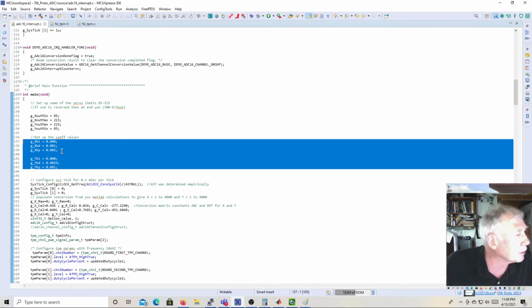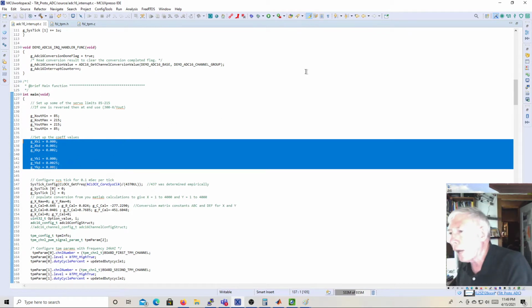Initially, make sure you set the integral to 0, and you probably should set the differential to 0 too. And then what you should do is dial in some of the proportional, and then see how your tilt table responds. Now, in this case, if I